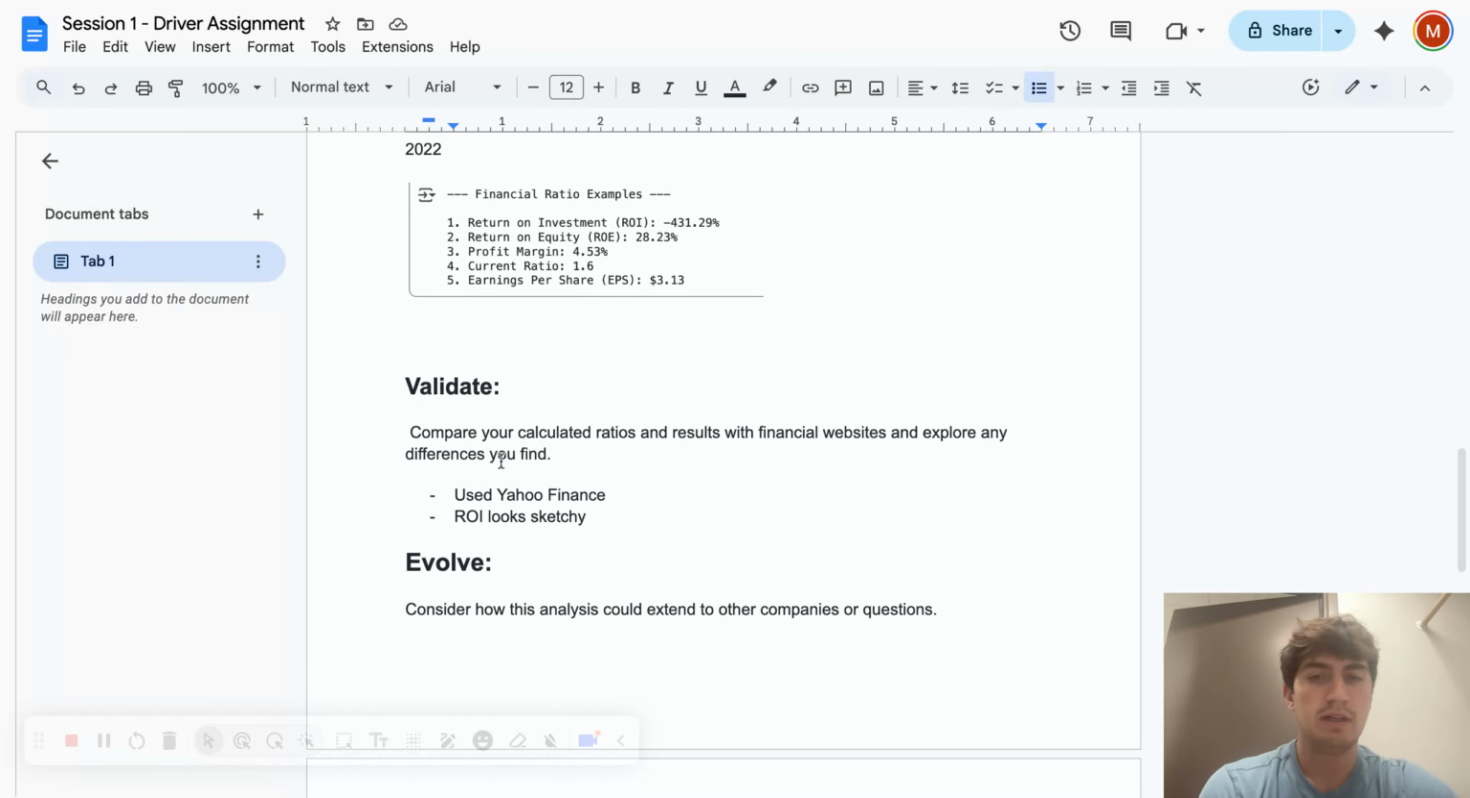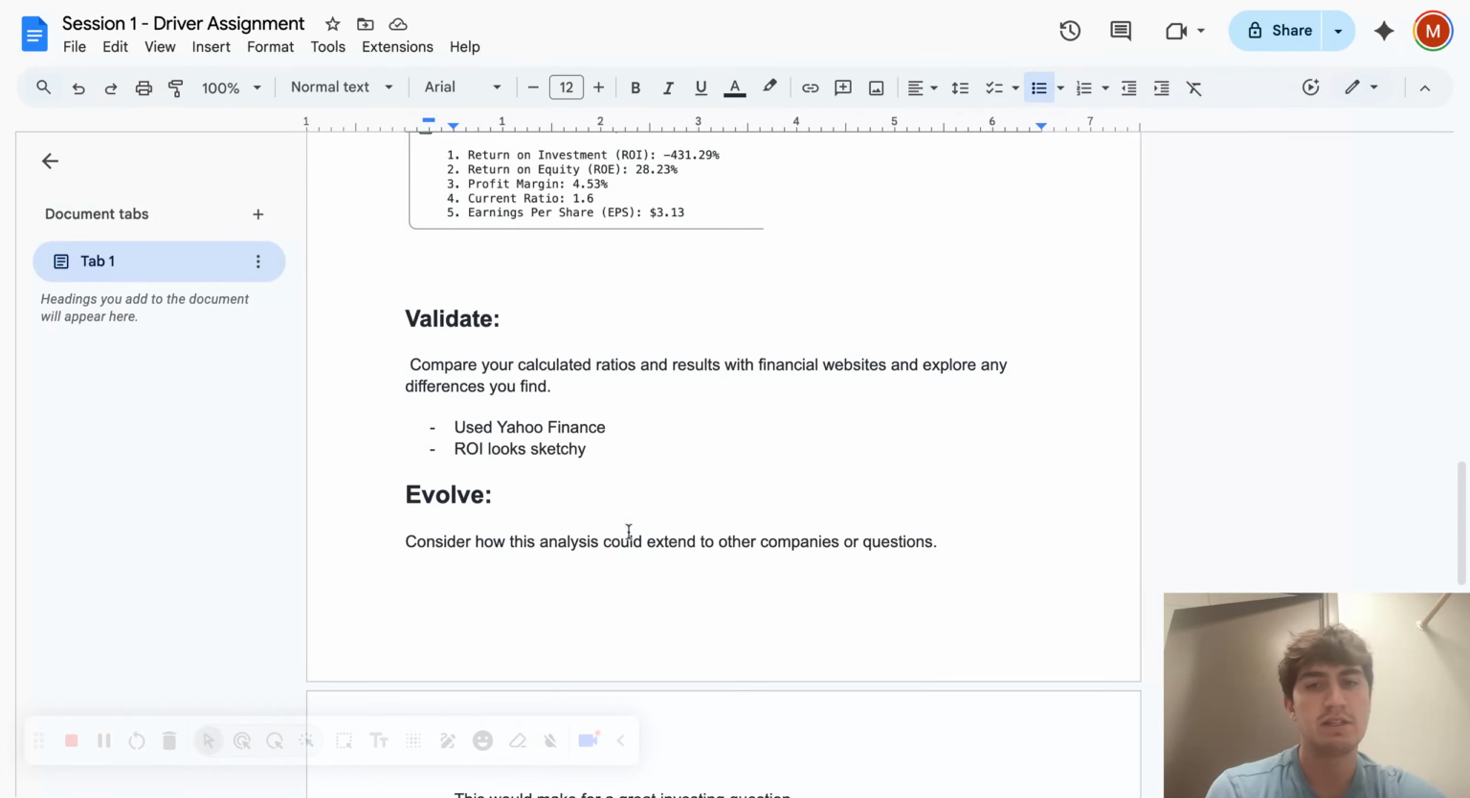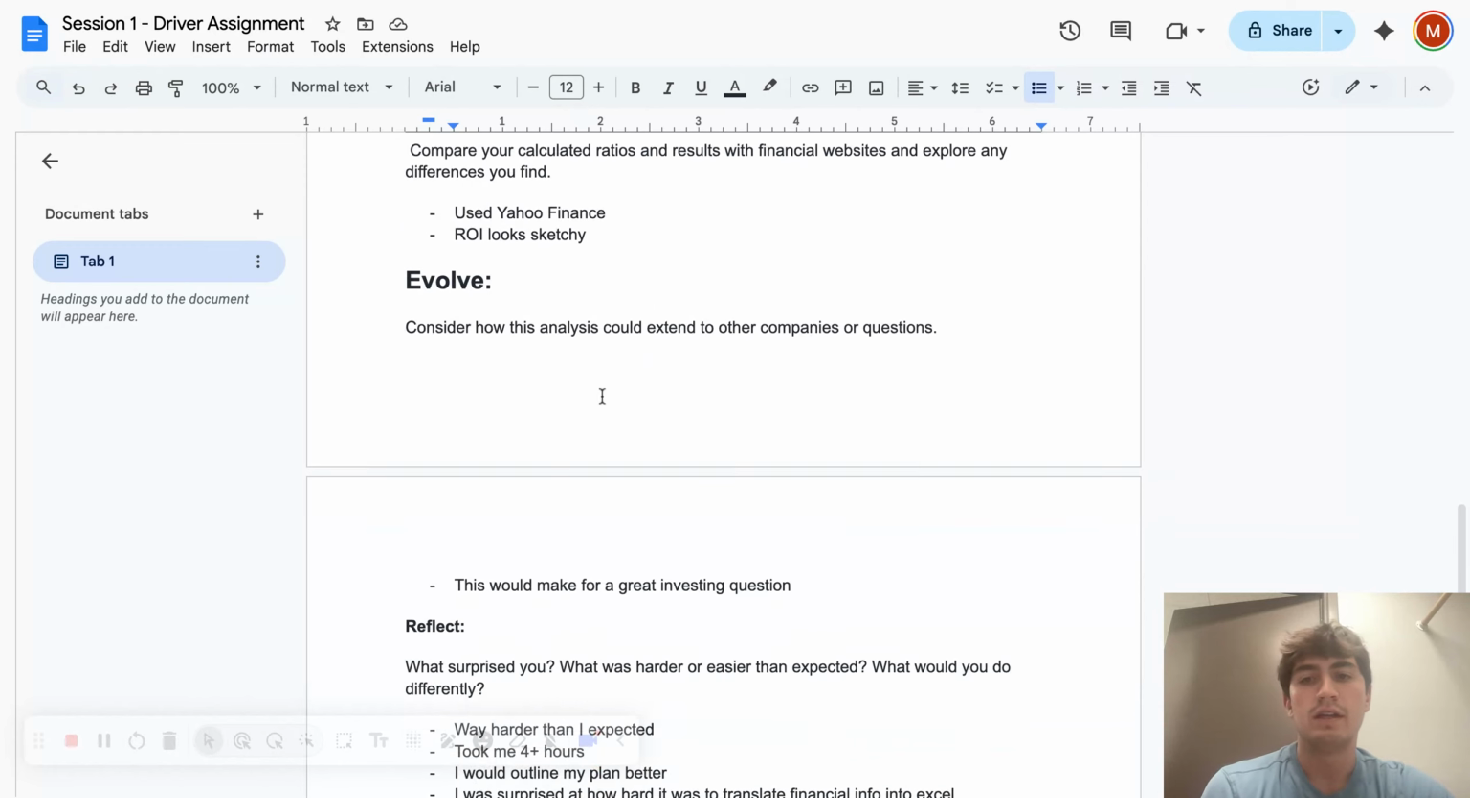So now the validate, when you're comparing the ratios with the results, I used Yahoo Finance, so I mean that's a trusted website. That's what you told us to use. So I trust the numbers, but maybe it's the code. So I'm thinking that the ROI looks sketchy. So then Evolve,